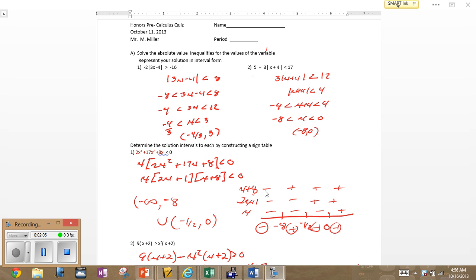X plus 8 will change signs left and right of -8. 2x plus 1 changes signs left and right of -1/2. X changes signs left and right of 0. So we are able to construct our sign table and take the product of signs. We're looking for the negative intervals, which prove to be -infinity to -8, bracket that, as well as -1/2 to 0. Okay. Moving down